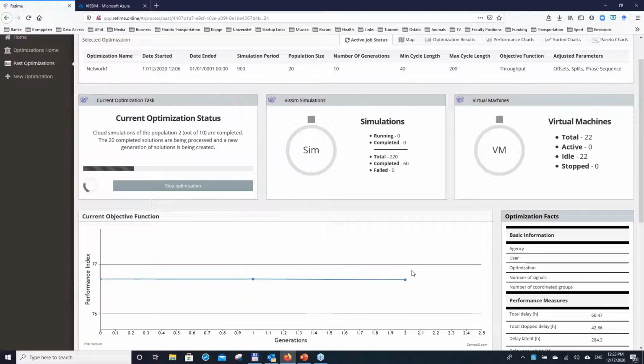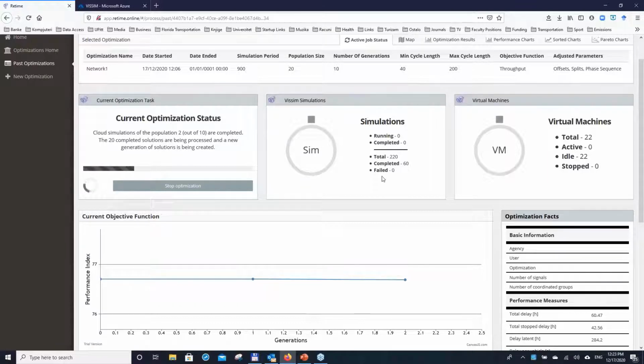I even had cases sometimes in the past where I'm displaying this process to some of the potential partners, and 5 generations pass and I don't see improvement, and I'm starting to even question if we made a mistake in our latest code somewhere and something is not working well, and then it suddenly shows a big drop and a significant improvement of 5% or more. It depends. But you can see here that we are already done with 60 of the Vissim simulations, which